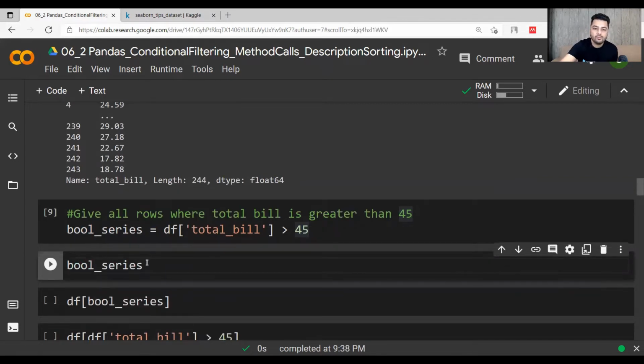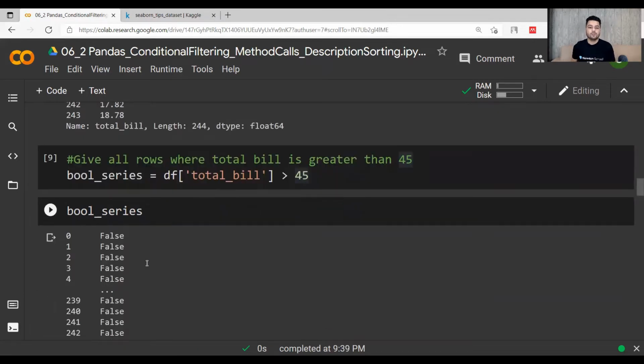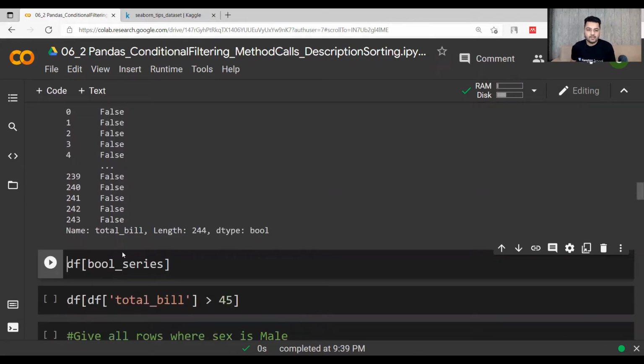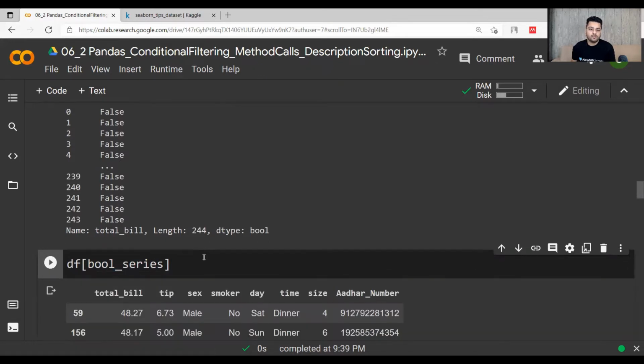So if you want to visualize what's being done, it is true and false, right? So if the value is greater than 45, it is true. If it is not greater than 45, it is false. Simple. Now if you pass that true and false boolean values into a data frame, you will get all the rows having values greater than 45.